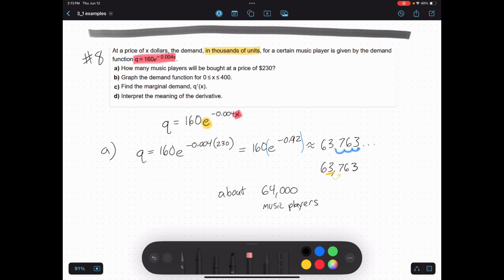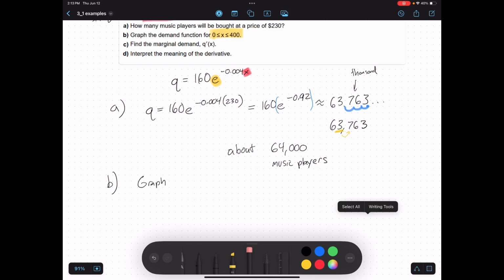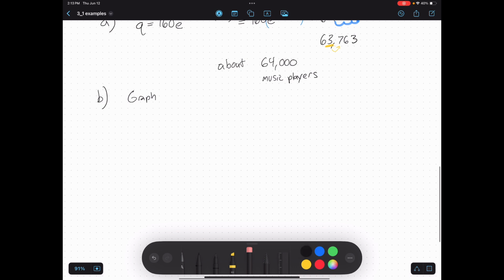Right? That's recognizing that this number is in terms of thousands, and then you're rounding to the nearest thousand. Okay, so that's part A. Part B just wants me to graph this function. It does specify a specific domain, so when I graph this, I'm going to start at 0, so I'm just going to graph this first